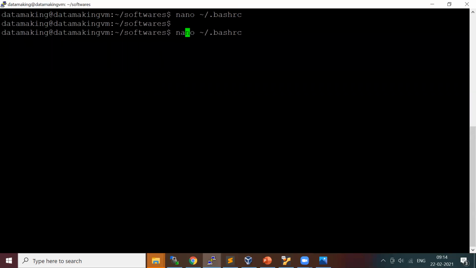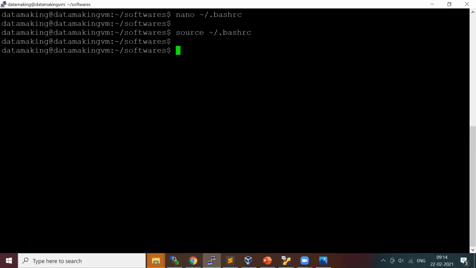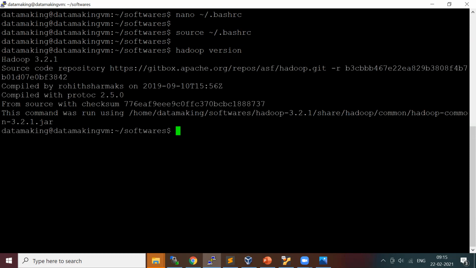Now you can also refresh this with source, and you can verify the Hadoop version. We have not configured any process yet, but you can just check the version which we extracted. Basically, we are using Hadoop 3.2.1.